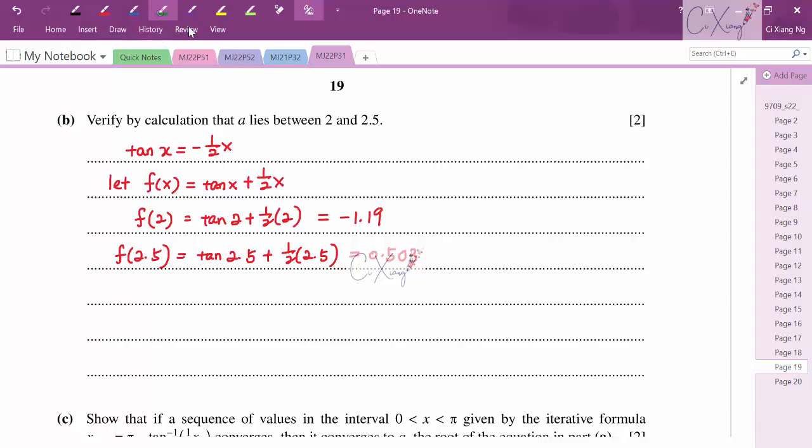Please take note that if you want to get these two values correctly, your calculator should be in radian mode, because all the values here are measured in radians. So you will get negative 1.19 and also 0.503. One value is positive, another value is negative. Therefore, we should make a reasoning and argument to conclude it. We can see a sign change